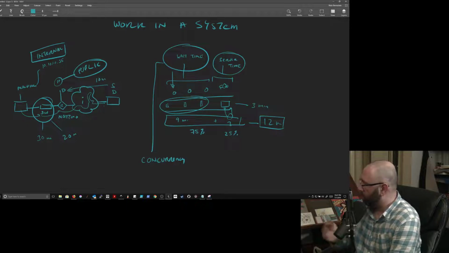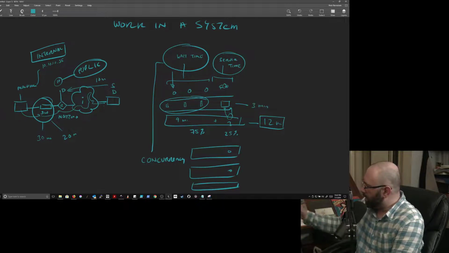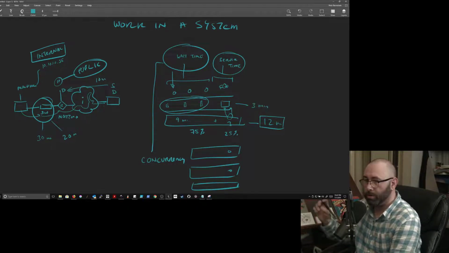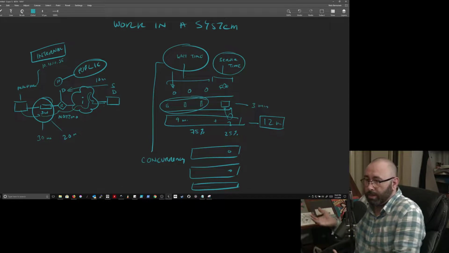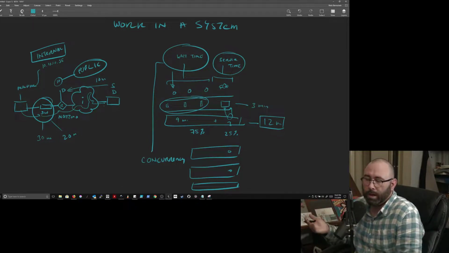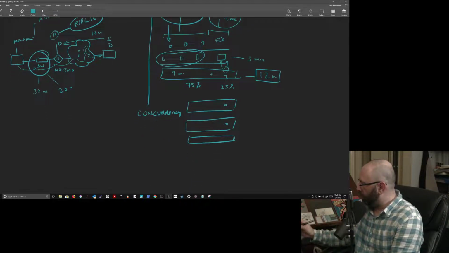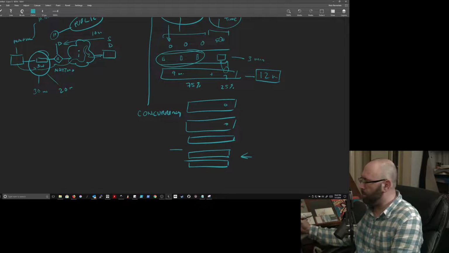So what we might be able to go do is open some more registers, right? So if we go open up some more registers, we get another one over here, another one over here, another one over here, right? So now we have a number of services, number of things that can serve, in this case, cashiers, customers, equal to the number of items in queue, right? So the issue is that if at this point we then go add some more registers, there's no value to these, right? So these have zero value,